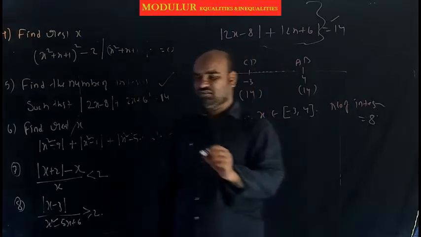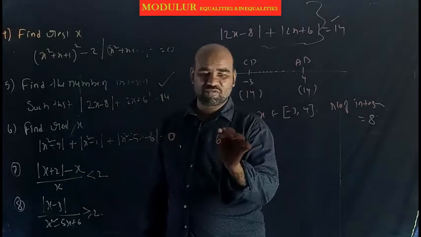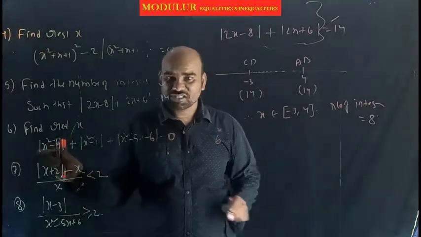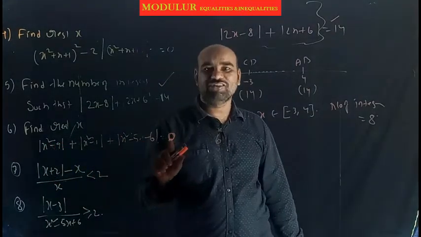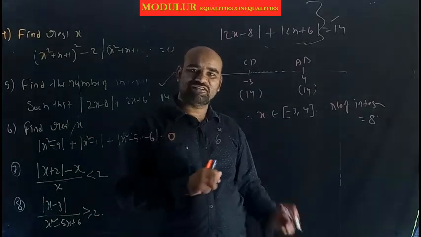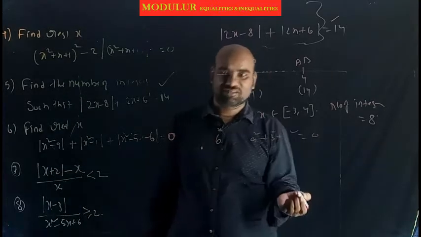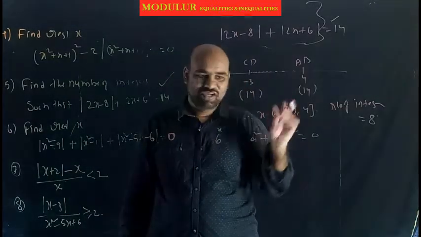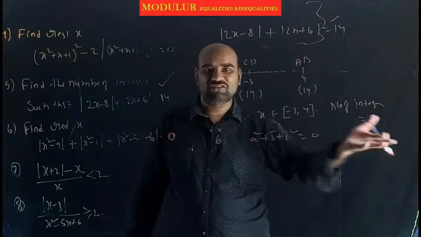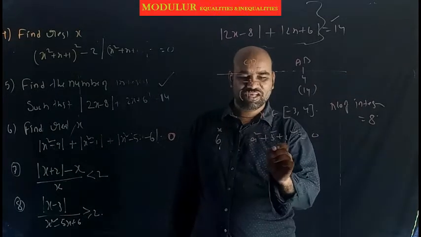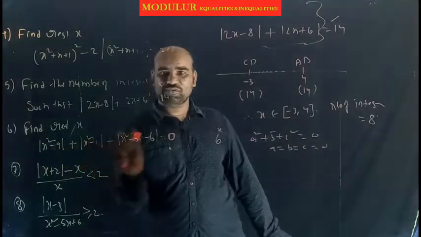Okay. Next, problem 6 is a somewhat interesting problem. Mod means non-negative number, non-negative real. Non-negative real plus non-negative real plus non-negative real equal to 0 never happens unless all are equal to 0. For example, a square plus b square plus c square equal to 0 means what? a should be 0, b should be 0, c should be 0 only. Because non-negative plus non-negative plus non-negative is never 0 otherwise. If all 3 are equal to 0, then 0 equals 0, that is the only solution. Like that, non-negative plus non-negative plus non-negative.